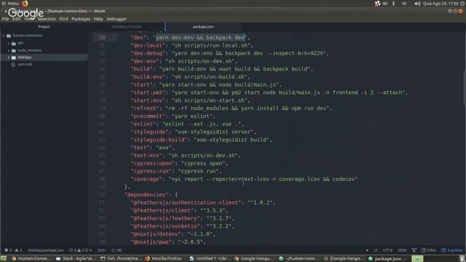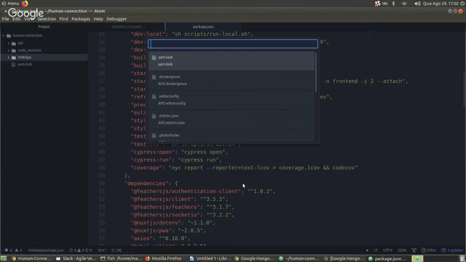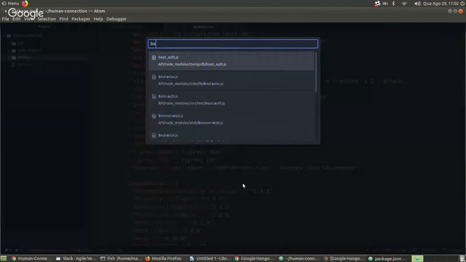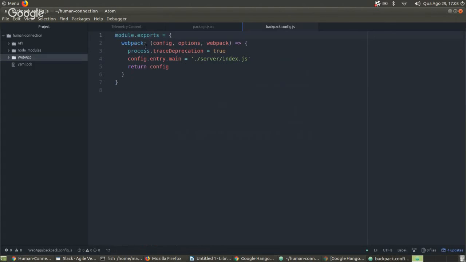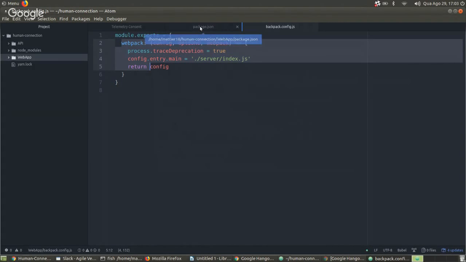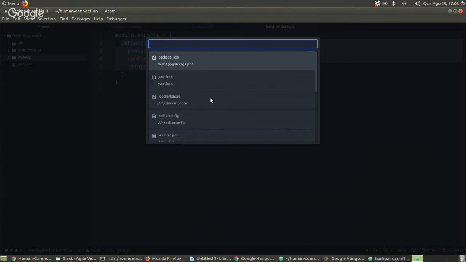So if you check out backpack, where's backpack? Is backpack in the package.json? It's in the node modules. There's a backpack.config. Okay. I think it is doing the monitoring for the front end, and on the server we have NodeMon for monitoring changes. Maybe you can check out the package.json for the backend and confirm what I just said, or